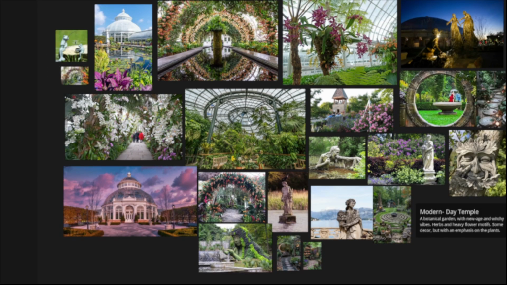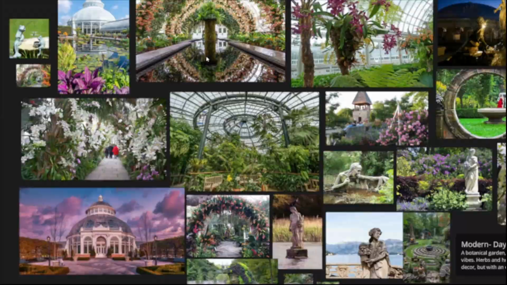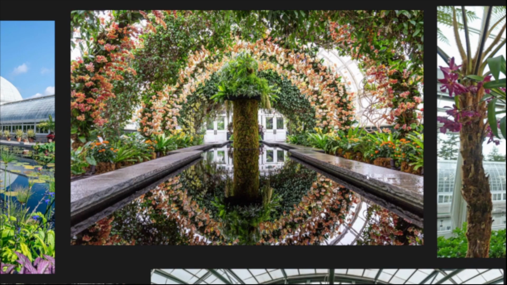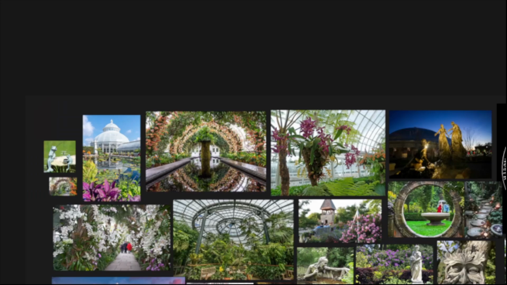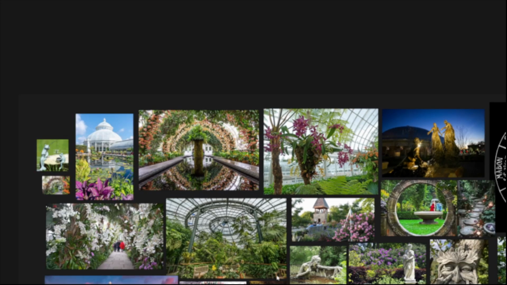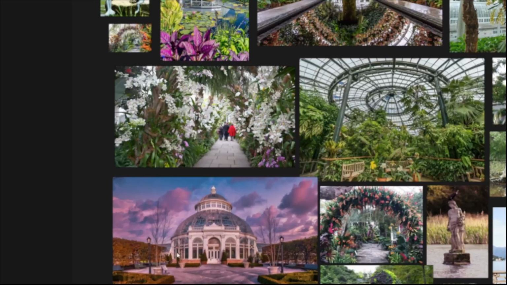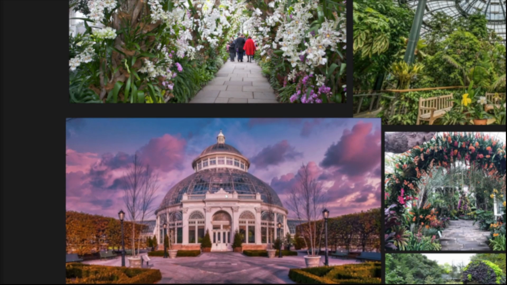And then I really liked the idea of incorporating water and having statues and stuff like that. So my hope is to have something like this picture here, where it's walking paths along a garden that is overarching with water below, and having it be in a rotunda like this. A lot of these pictures come from the New York City Botanical Gardens in the Bronx.